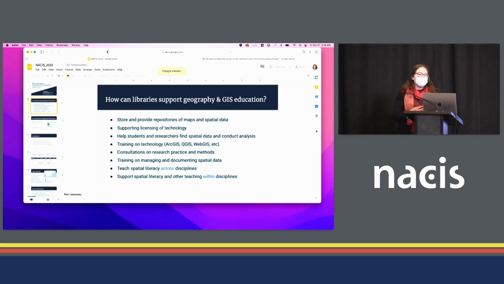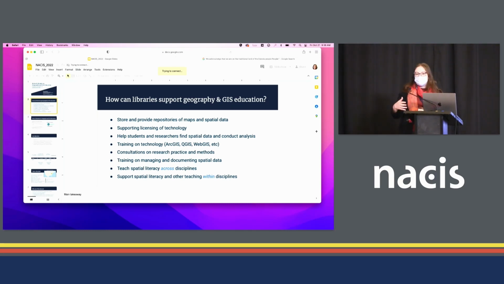For those of you who haven't yet worked with a librarian, although I'm sure many of you have, we function to provide many sorts of support for people who are interested in cartography and geography. We have repositories that hold many different kinds of maps that can be used as the base for your research. We also are repositories for spatial data in many cases that can help support and provide access to some of the great databases that we heard about in this work as well. We also often support access to licenses for the tools that you use to make maps. These are some of the things that you're probably already very familiar with and work with on a regular basis.